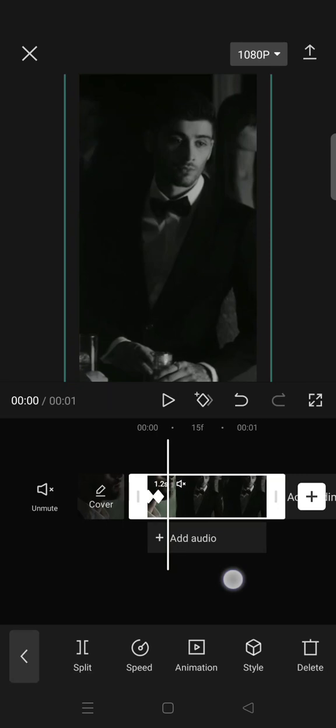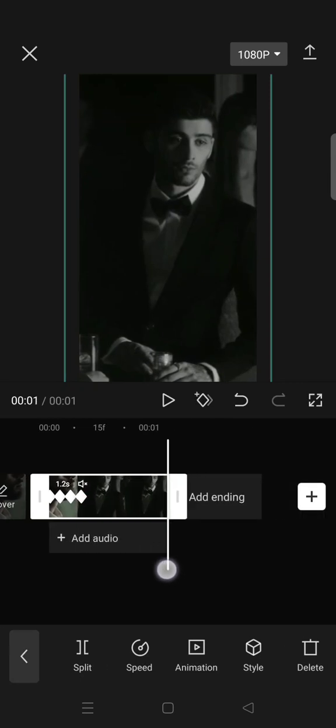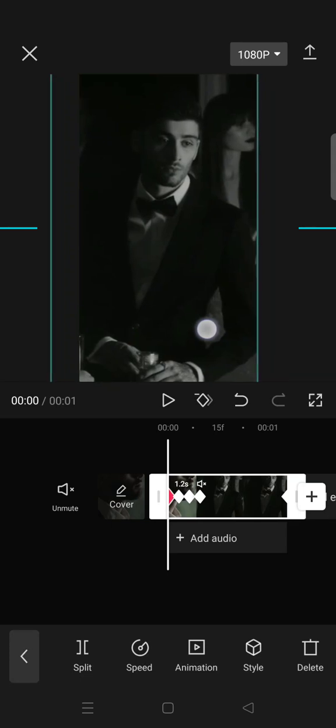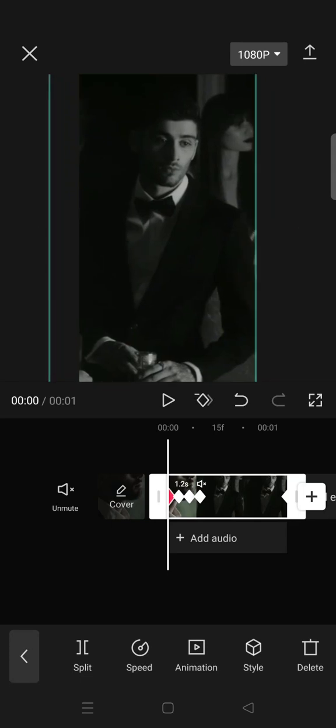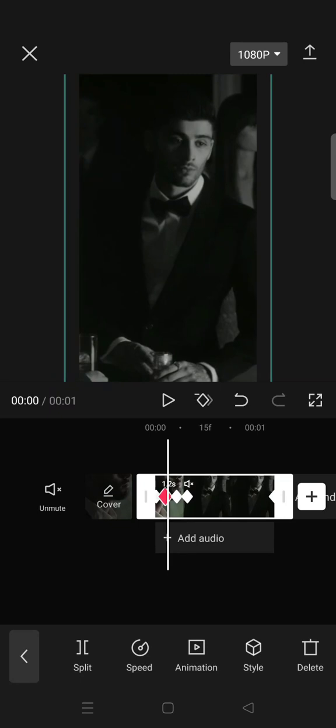1, 2, and 3, and then the last one at the end like this. Go to the first keyframe and move the clip to the left like this, and then for the second keyframe, move the clip down